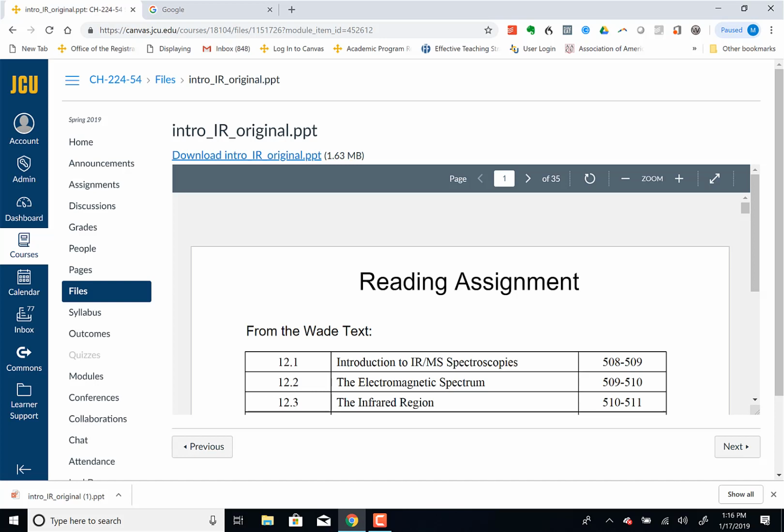I will say that in terms of the lecture book material for what we're going to talk about for the next 4 weeks, if you have Dr. Kwan, it'll be in the Wade textbook. It'll be in the Top Hat textbook. In Wade, I believe it's chapters 14 and 15, or 15 and 16, one of those two. And then in the Top Hat, I think it's 15 and 16 or 16 and 17. Anyway, there's IR and NMR spectroscopy.